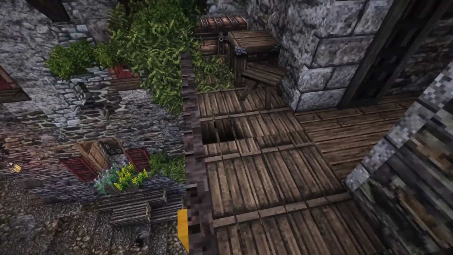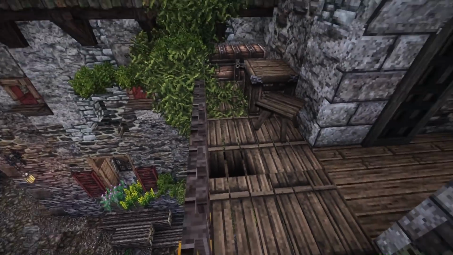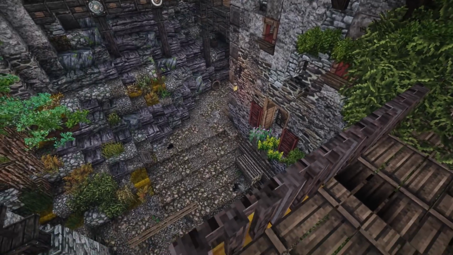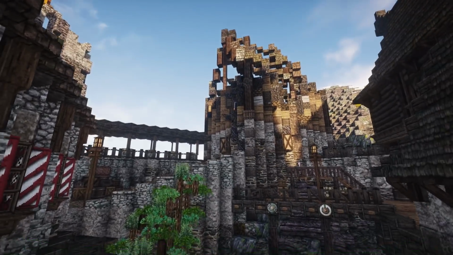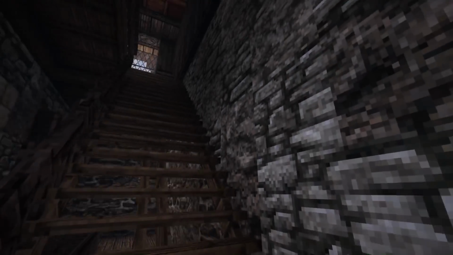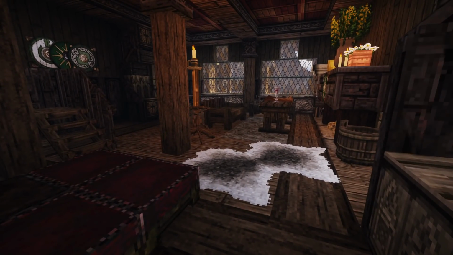Here we also have a balcony, which is nice, looking over the courtyard. So I guess maybe the Lord could sit here with his morning cup of coffee. I don't know if you drink that or not, but sit here and just look out. Very beautiful. The staircase keeps on going up, and we get to the family room, or the living room, I